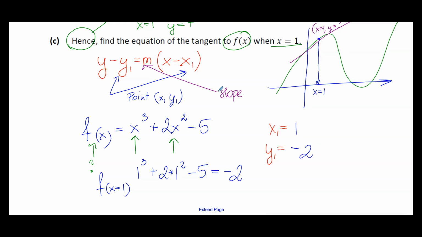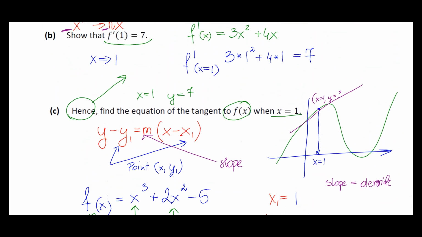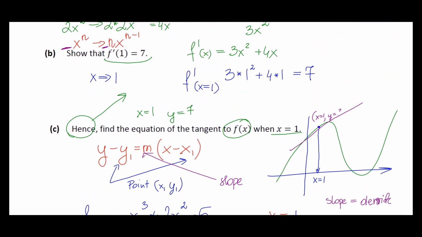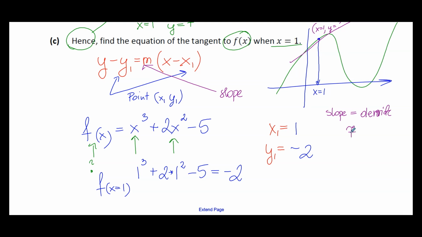Now, what about the slope? So again, here we are using that knowledge that we are having, that the value of the slope of the tangent of the function, because they are the same, is the same as the value of derivative at that point. So that's the reason why they were pointing hence, because we know the value of derivative when x is 1. We just calculated that in that previous part is 7. So we understand that the slope here will be 7. So now we can replace,